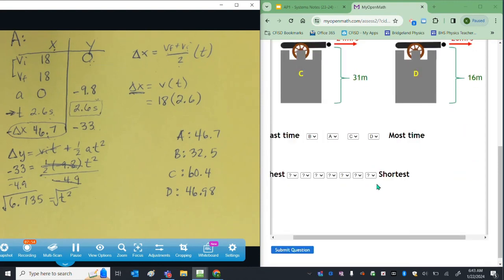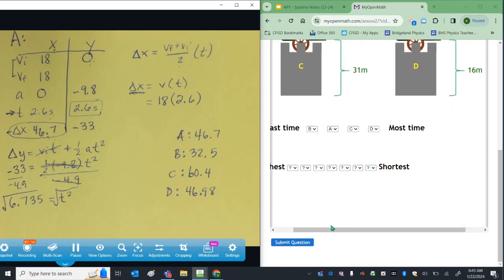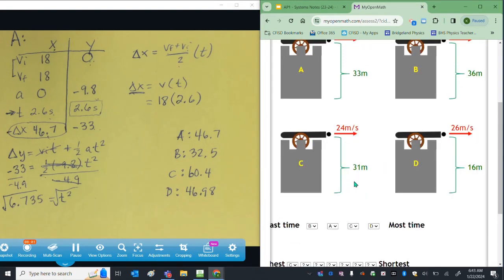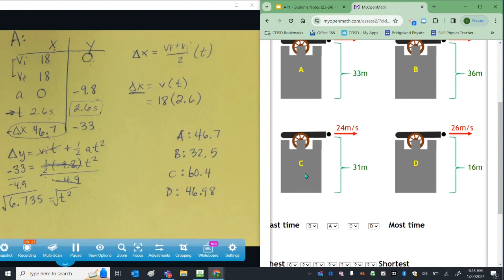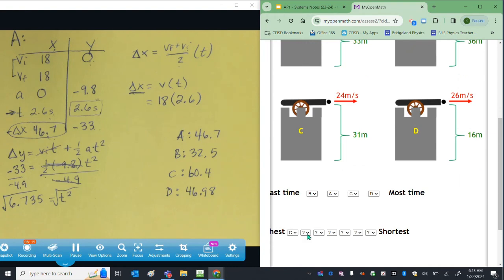So if I go down here to the bottom, the farthest range is going to be C, 60.4. Which again, if you look at it, it makes sense because it's pretty high off the ground. 31 meters is definitely not the highest, but this velocity, 24, is going to carry it farther forward than these that are taller. And so my farthest is going to be C, which is going to be greater than. The next farthest is going to be D,